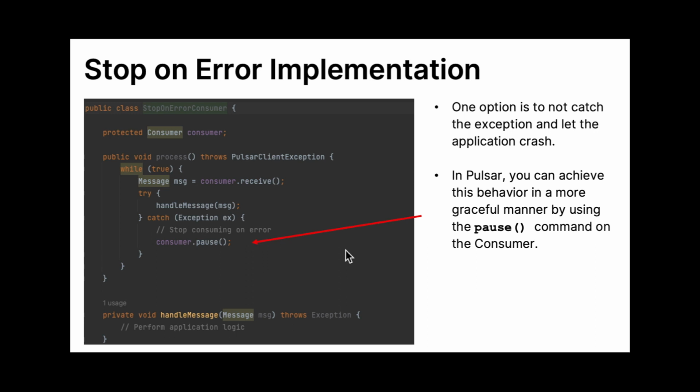You could really just not catch an exception and let it be thrown and crash your application. Not graceful, but would have the same net effect. Instead, I recommend using this pause command that's built into the consumer interface. You're basically saying, hey, pause. I don't want to get any more messages. You're not going to fetch any more information from the broker, but you will continue to process messages that were